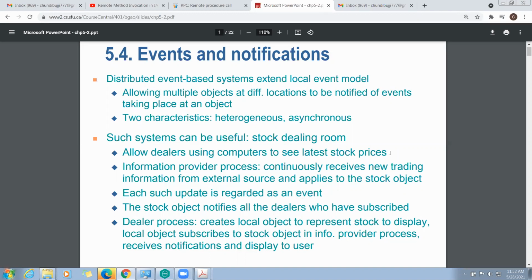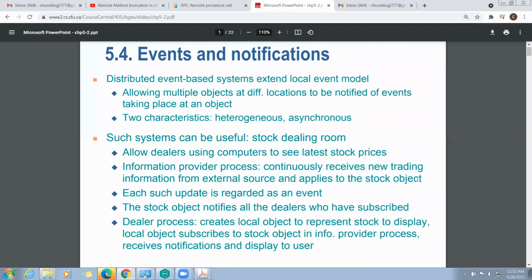Second point, the information provider process. The information should be continuously updated. For that, it continuously receives new trading information from an external source and applies it to the stock object. Why? Because the stock information will be continuously updated.